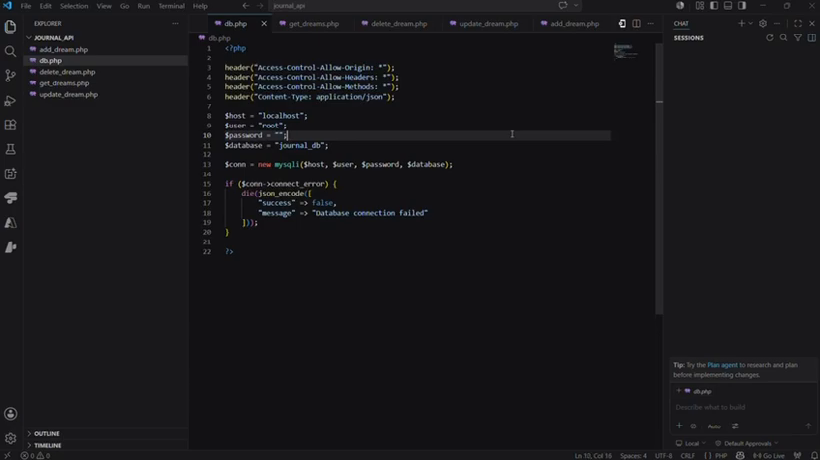This PHP file establishes the database connection between the application and the MySQL database named journal_db. It also configures CORS headers and JSON response formatting for communication with the Flutter front end. So the next is